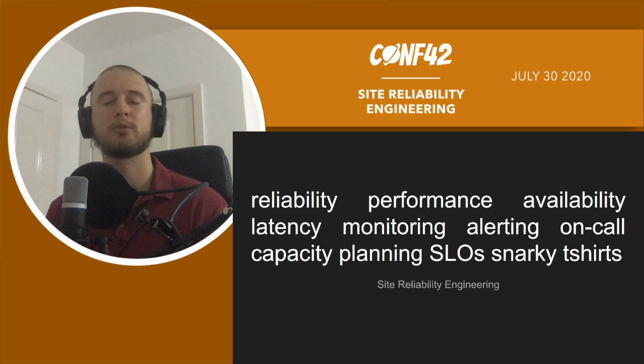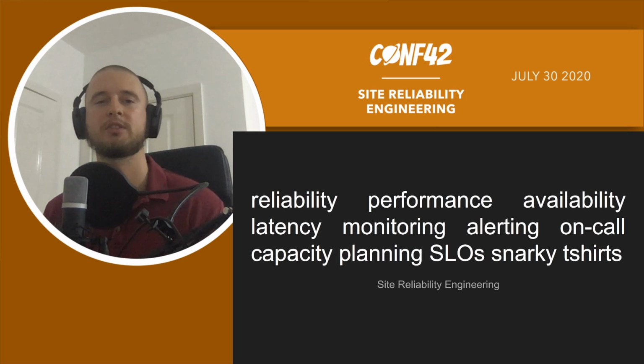It can be a cool t-shirt, it can be anything really. But the idea is that we're going to do whatever we can to make sure that that SLO is satisfied. And if it's not, we're going to make it up to you somehow, right? So this really is a sample of what SRE is.